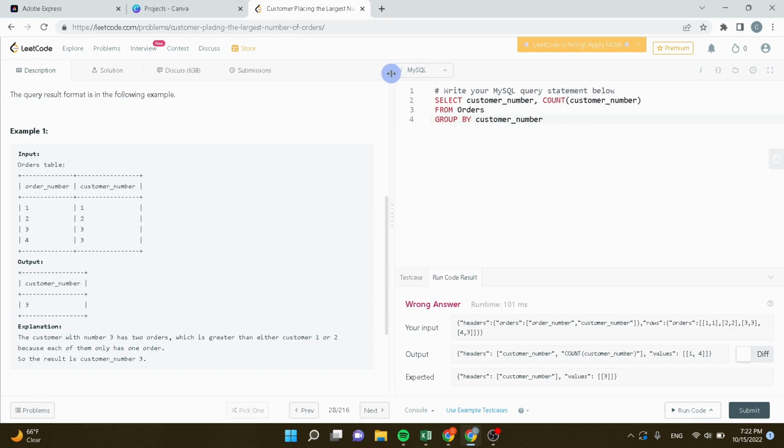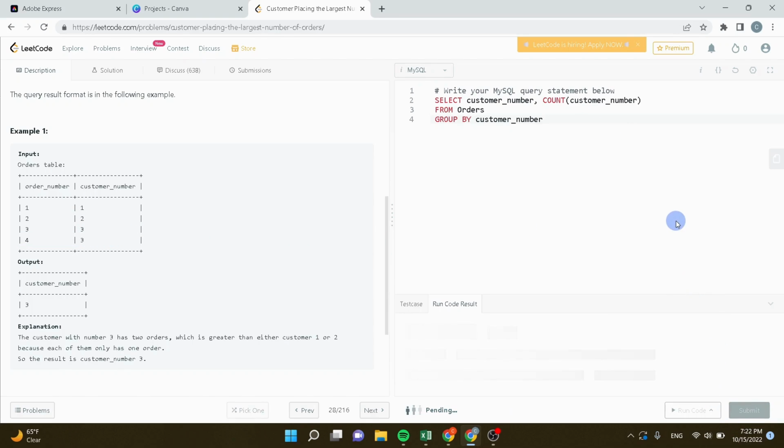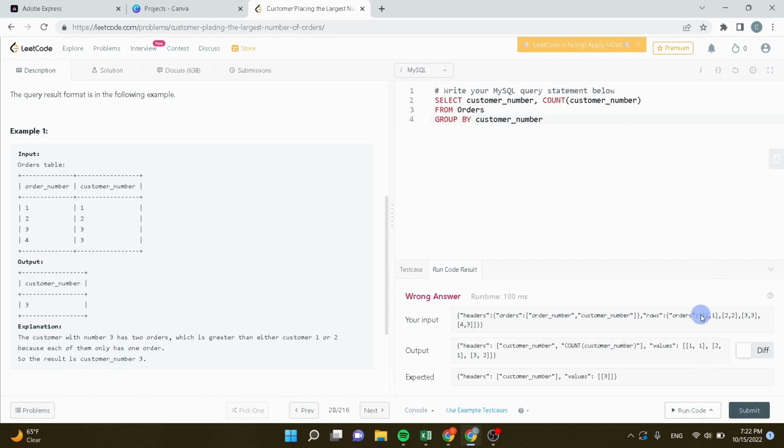So now each time there's a distinct customer number, so 1 will get its own count, 2 will get its own count, and then 3 will get its own count. So now if we run this, we'll get something a lot more like what we're looking for. So we get customer number 1 has 1 instance where they ordered something. Customer number 2 has ordered 1 thing, and then customer number 3 has ordered 2 things. So by the looks of it, we have